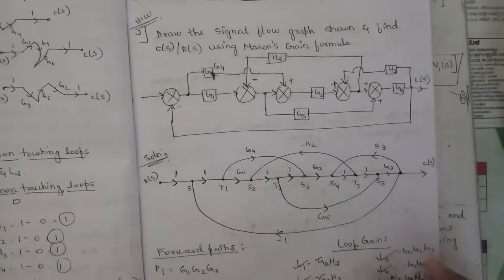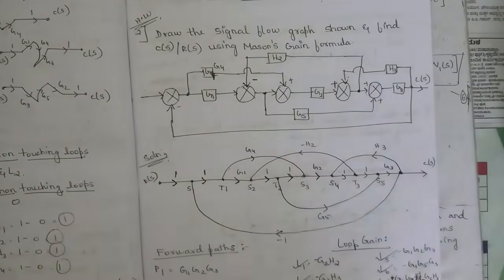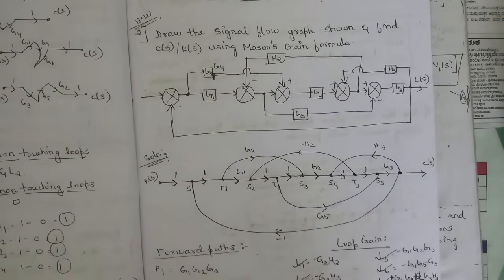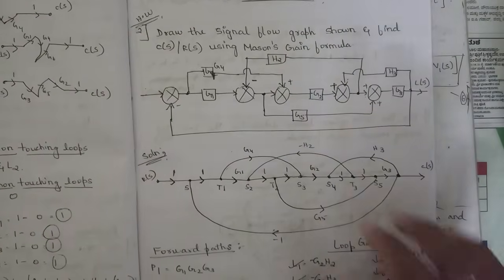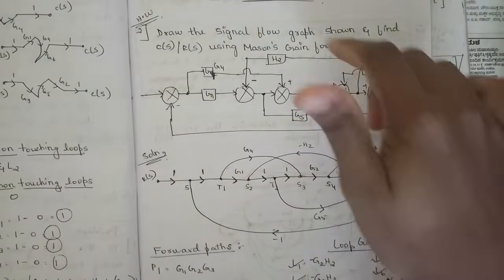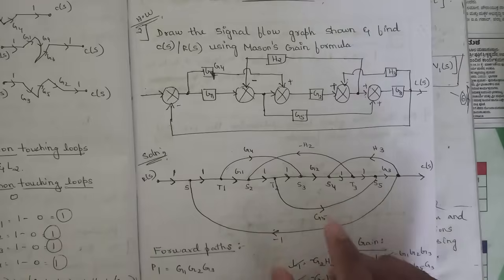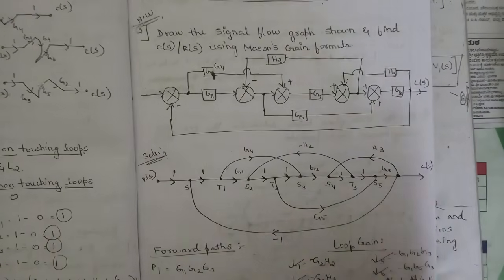And one question related to signal flow graph, using Mason's gain formula. They would definitely be asking about signal flow graph, but not as a direct question. They would be giving you one block diagram, and you should convert that block diagram into the standard signal flow graph, and try to write the forward paths and loop gains for the signal flow graph,